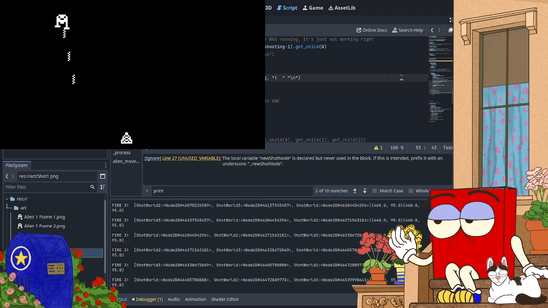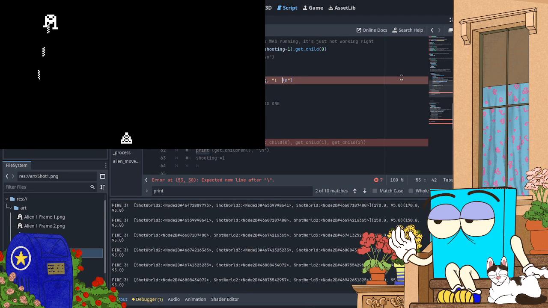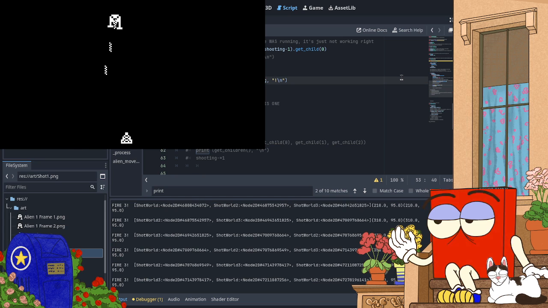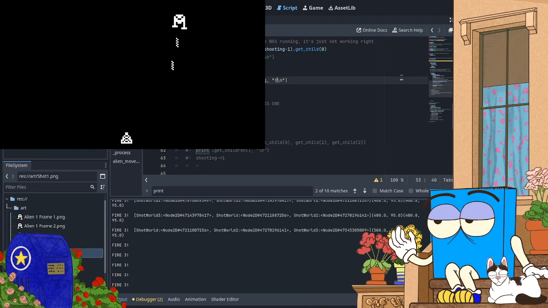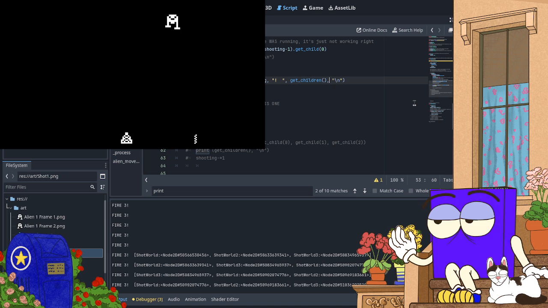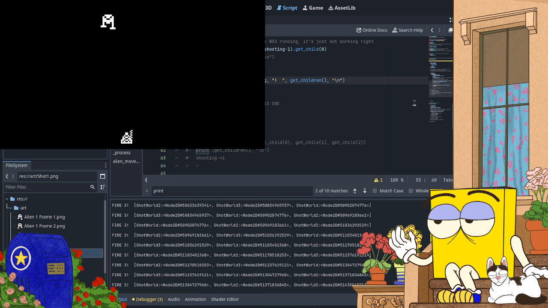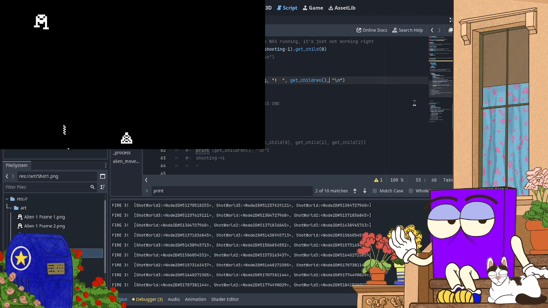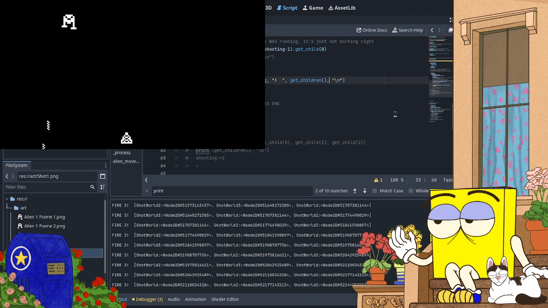Get rid of some of these. I don't need all those variables stuck in there now. I want to know what shot is being fired. I want some of those there because I want get children there because I want to see what I'm looking at. That should, yes. It's easier to watch them in the debug menu if it doesn't just say fire 3.